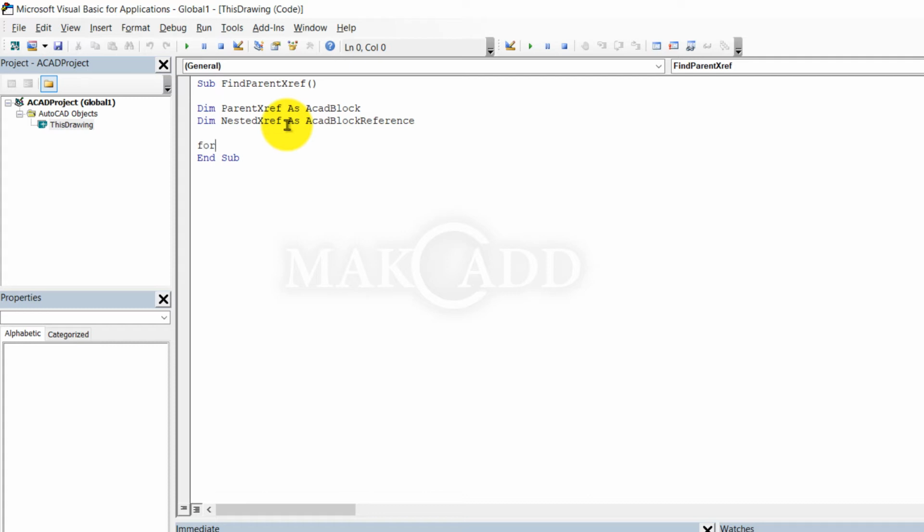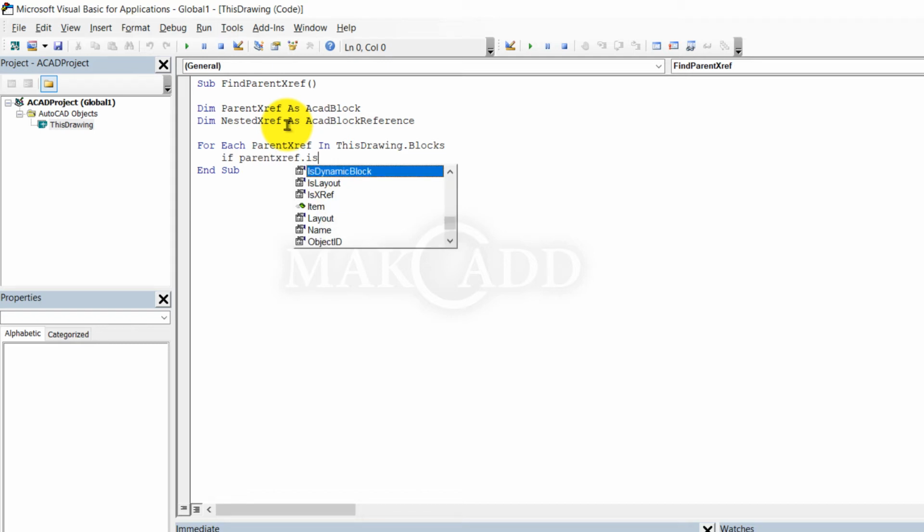For each parentXREF in ThisDrawing.Blocks, then verify whether it is an XREF or not. If parentXREF.IsXRef, then we will go through each object in the parentXREF block.